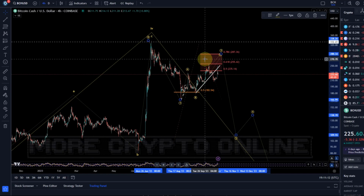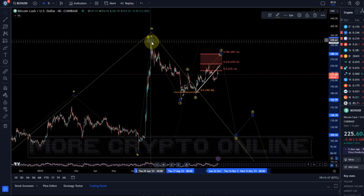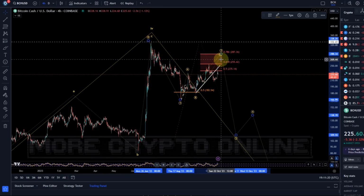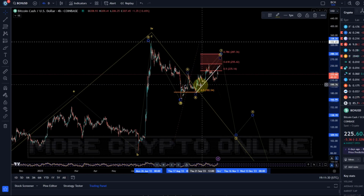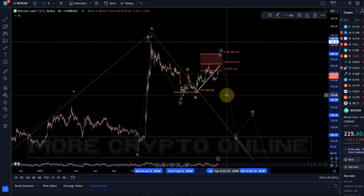But it's just not very clearly trending because we haven't got 5 waves up yet, only 3 waves up and then 3 waves down and again 3 waves up. It just doesn't give me the clarity that I would like from a chart when I analyze it from an Elliott Wave point of view. But you can just use the support and resistance that the Elliott Wave count gives us because, even though I could put several wave counts on here, like a triangle, like a larger diagonal to the upside, the fib levels are objective. So the resistance zone tells me very clearly when I have to take a more bullish stance, which is above